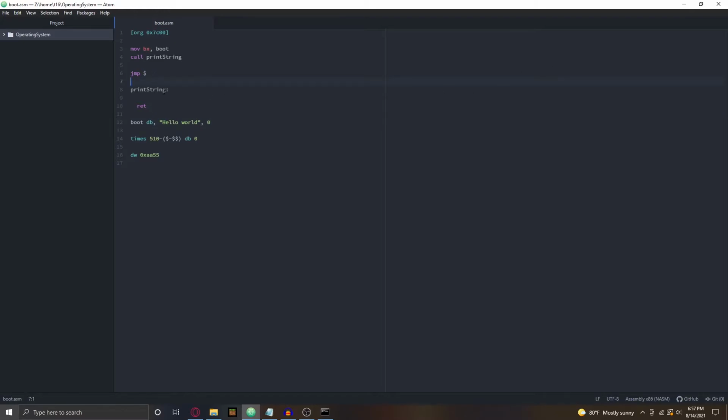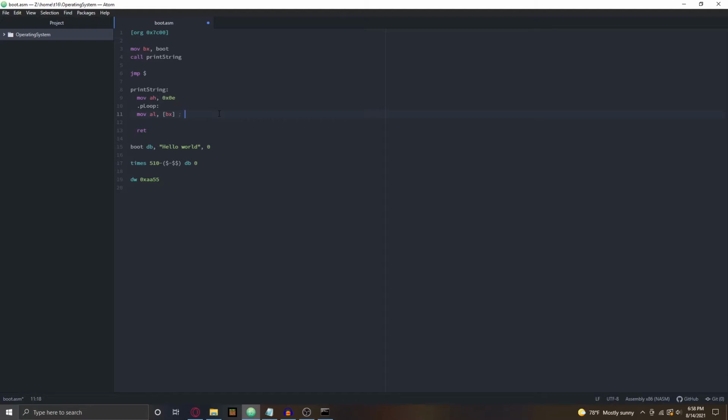So we are just going to now write our print_string function. And our print_string function is fairly simple. It's just going to be mov ah, 0x0e, which tells it that we want to print. .p_loop, and this is a label that we are going to define so we can jump back to it later. So after .p_loop, what we're going to do is move al, the value at bx, and if you've coded